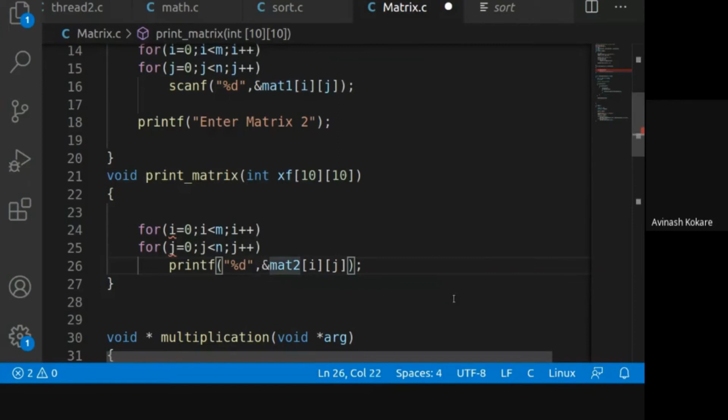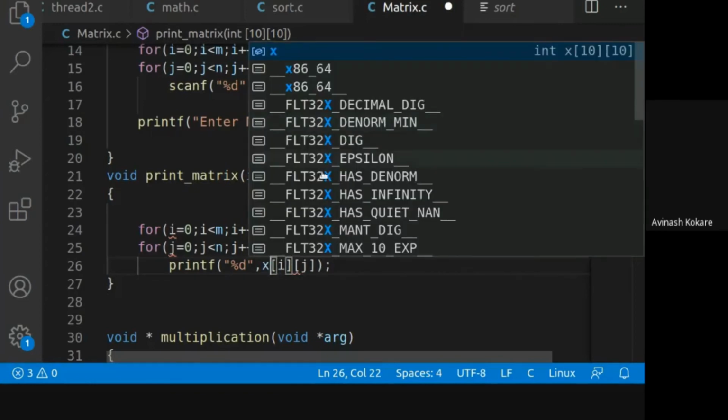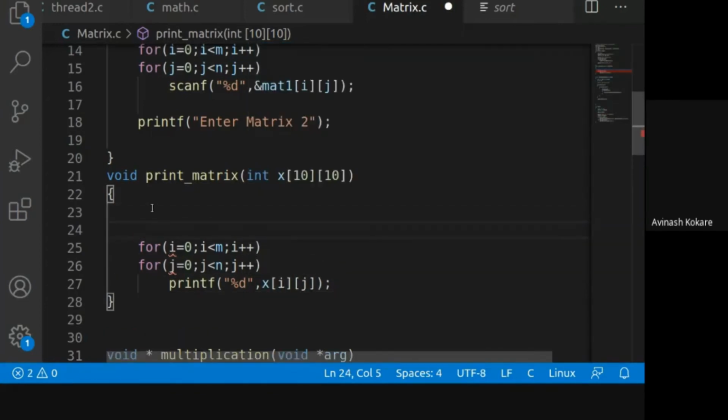The %d will be as it is, and instead of matrix 2, you will print x. Other things will remain the same, and declare the index variables here, i comma j.